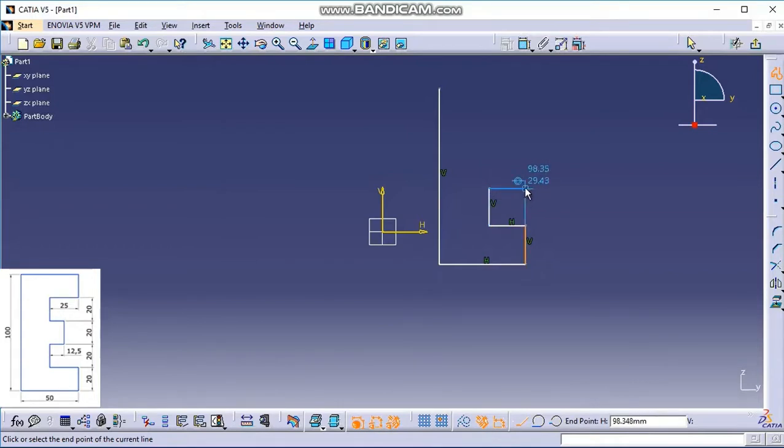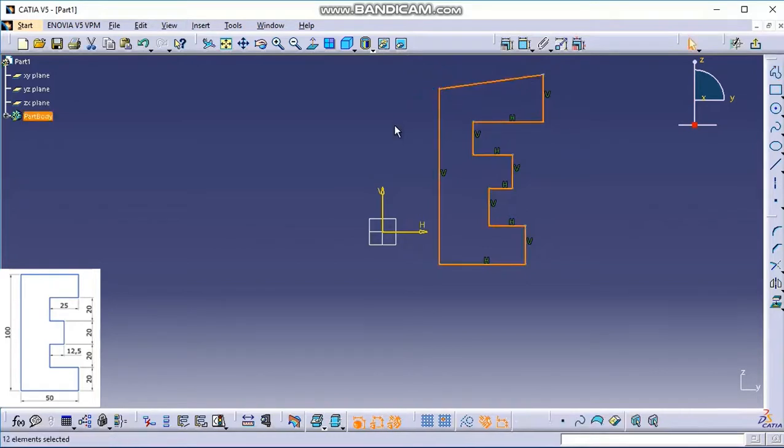These are called the tracking lines. These tracking lines will create automatic constraints. We should avoid that at this point of time. Later on, when you are experienced in CATIA, you can use this option. You can see here a vertical line. Then again we'll come this side, horizontal, another vertical line, another horizontal line, and a vertical line. And I'll just close this. I'll click on the endpoint. You can see I have developed a rough profile of our required drawing.